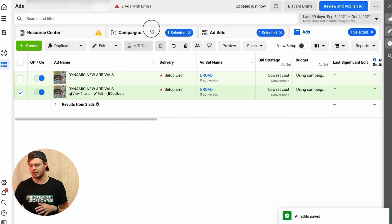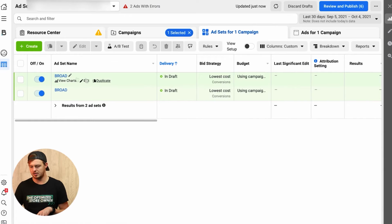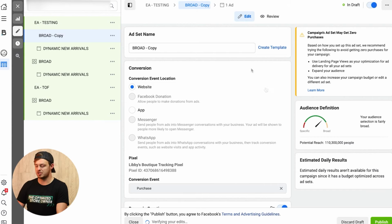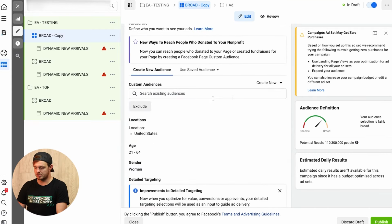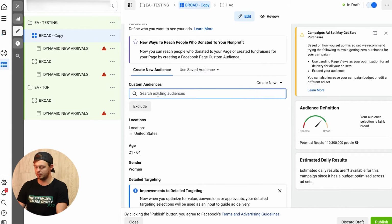The only other thing that I would add in this campaign, it's pulling in the wrong thing right now, but let's just say it's highlighting both of them, I would quick duplicate, and the only other thing I would change is the audience. So I'd go here to create a custom audience. We already have it. I want to do a lookalike, but I'm looking for a 10%